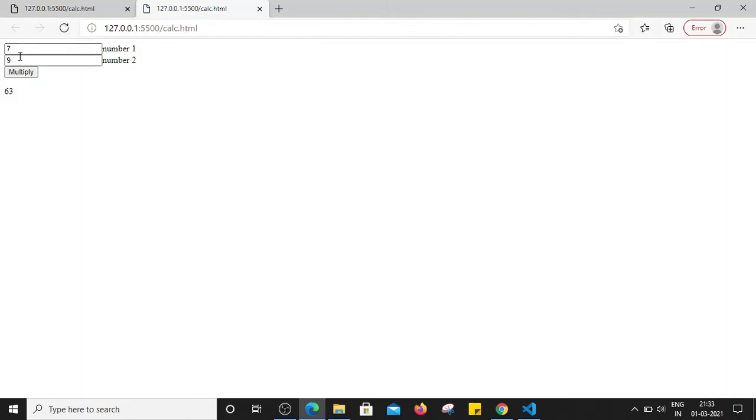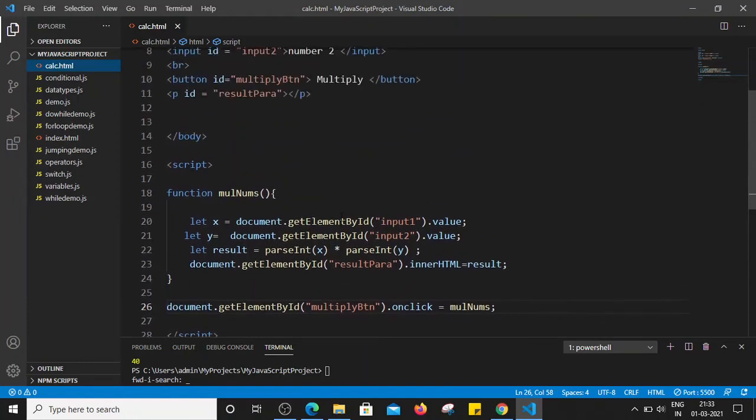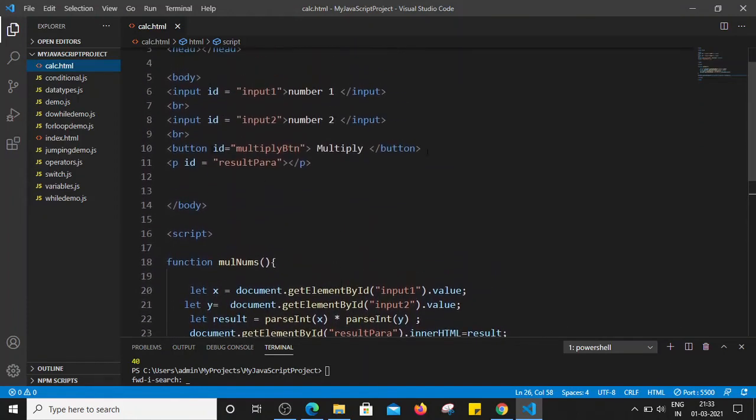So we have created a function for multiplication. Similarly, I will have to create the functions for addition, subtraction, and division as well. So now let's modify our code. Let's first create 3 buttons as well. So I'm just copy pasting this. I'm just going to create 3 more buttons.